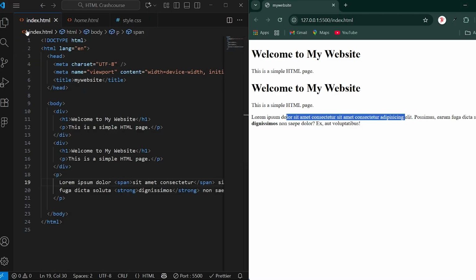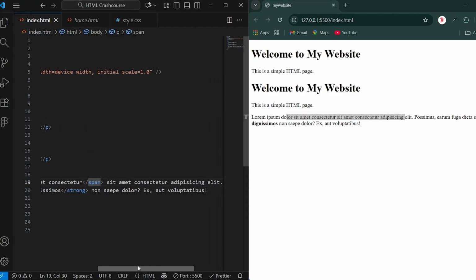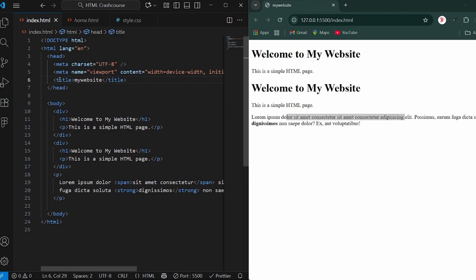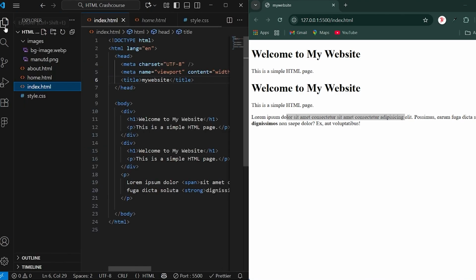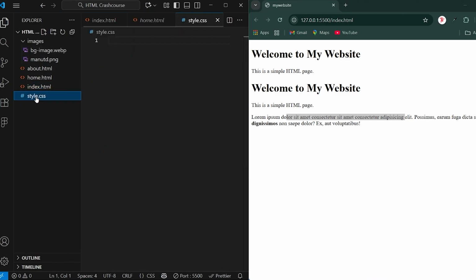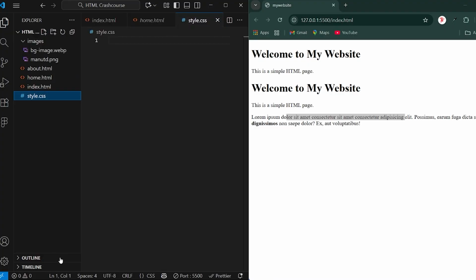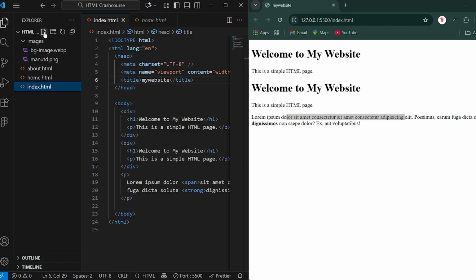So let's add our CSS to our page. I think at this point you already know how to add CSS. You can pause the video and add the CSS because we've already created the page here. If you've not created a page, let me delete the page and create the file here. You create a new file and you name it